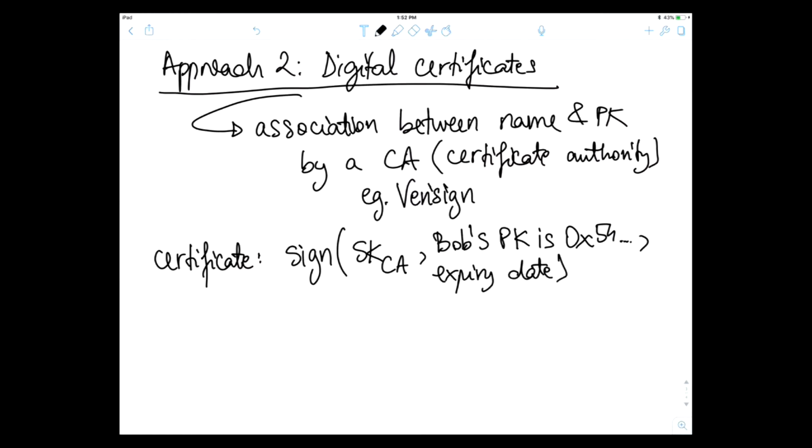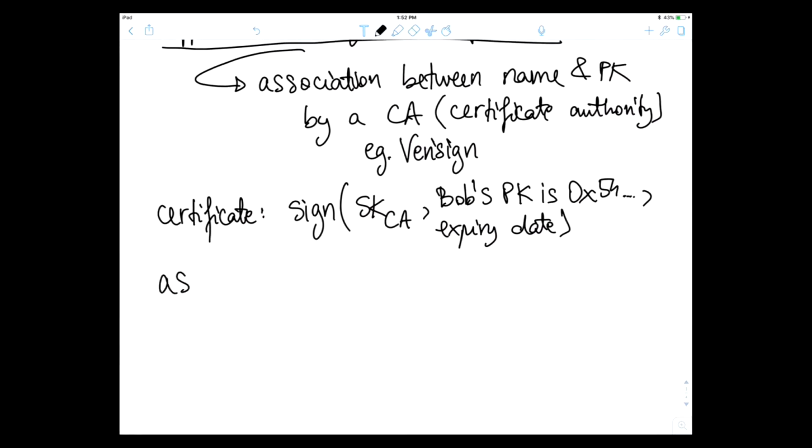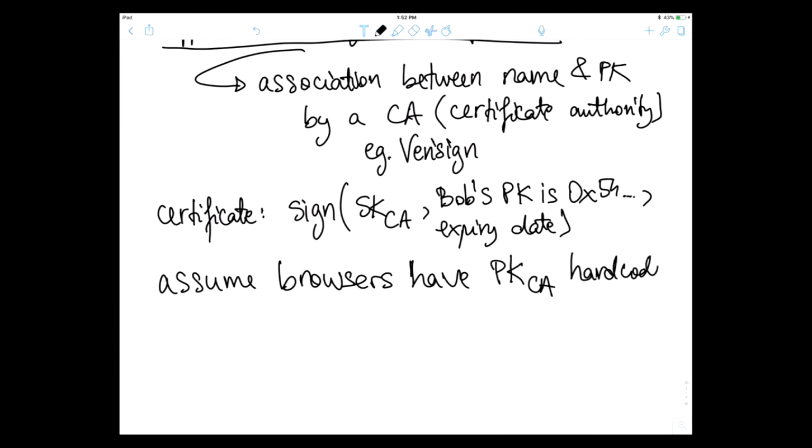Now you can assume that browsers have the public key of the CA hard-coded. And then they can verify that Bob's public key is indeed that.